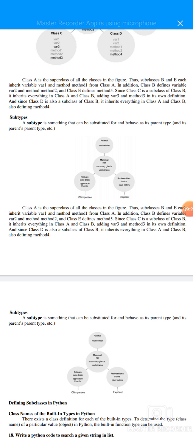Subtypes. A subtype is something that can be substituted for its parent type in behavior. For example, chimpanzee and then elephant. Animal is multicellular, and then mammal, and then vertebrate. Primate and proboscidea: large brain and then opposable thumbs. Elephant has trunks and is a plant eater. So